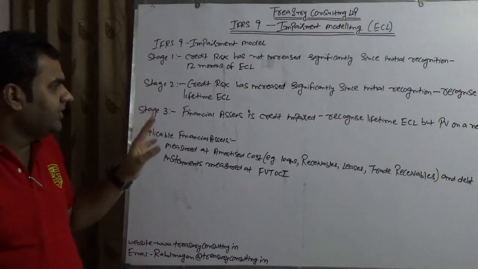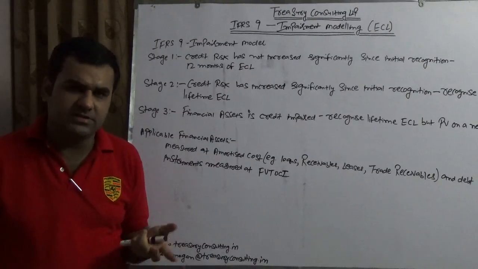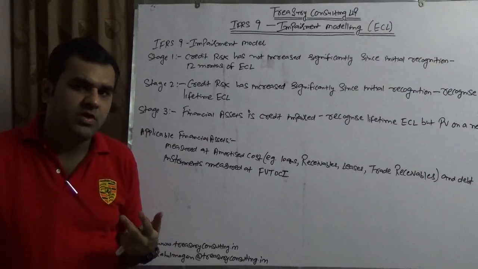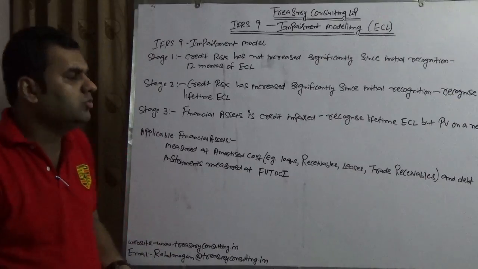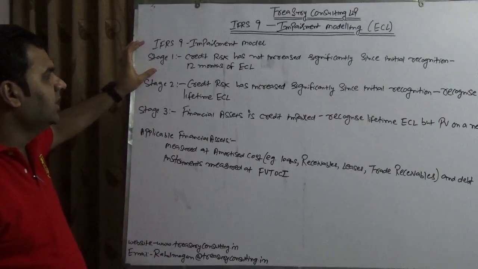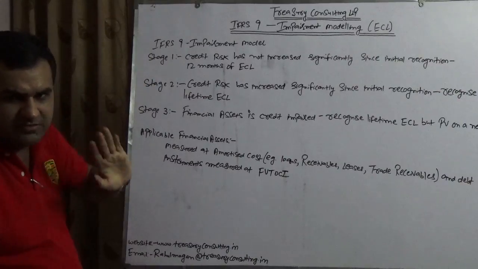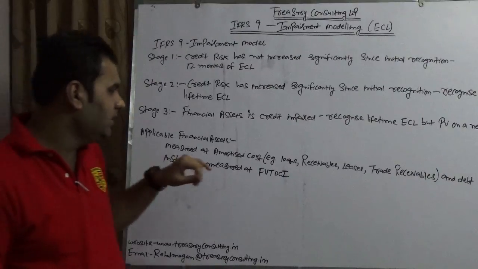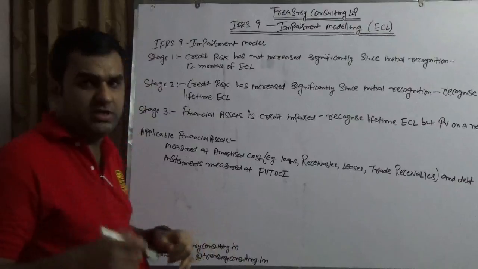Now IFRS 9 is coming up with an amendment. This is the news which we are getting. What is this amendment all about? Under this amendment, IFRS wanted to make this stage 1 redundant. So if there is any credit risk on the financial assets, now what are the financial assets which are applicable? For example, all the financial assets which are measured at the amortized cost,